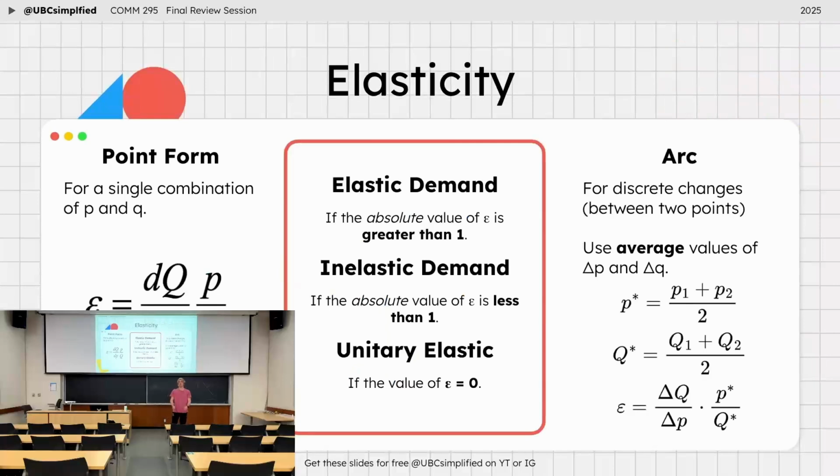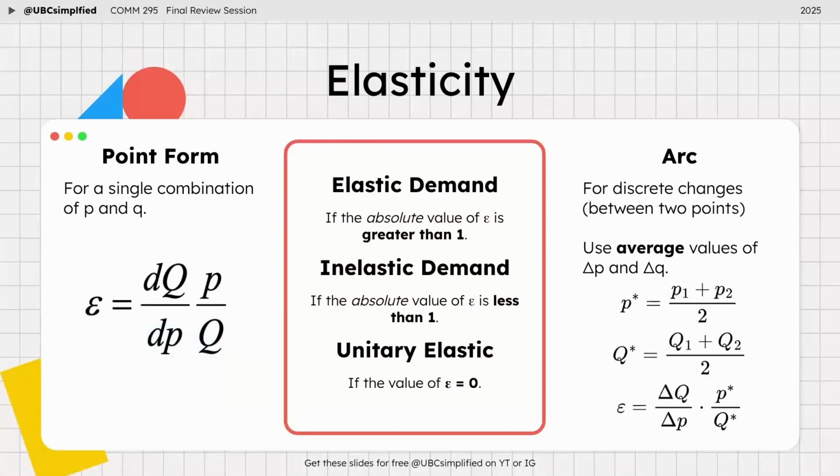And there's two different formulas for this. The one, which is the point form, so if you're given a specific point, you have to find the price and quantity, and then with that, you do price over quantity times the derivative or the slope of that equation,